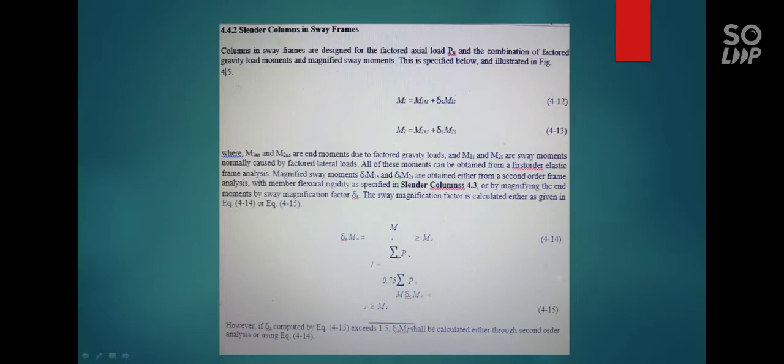So, columns in sway frames. Columns in sway frames are designed for the factored axial load Pu and the combination of factored gravity load moment and magnified sway moments. This is specified below an illustration picture. So the formula,